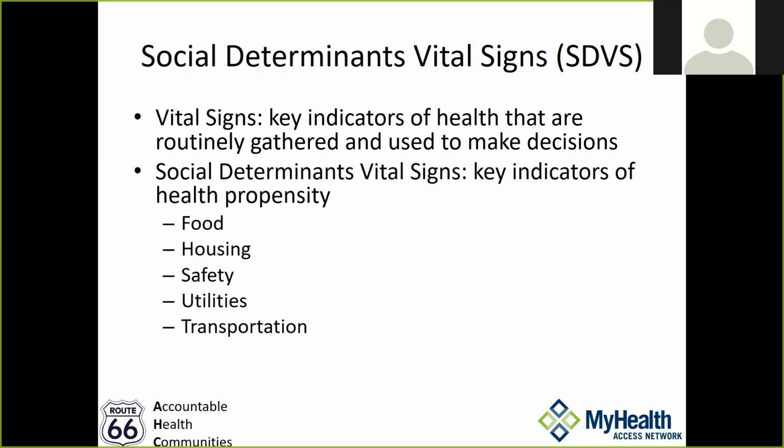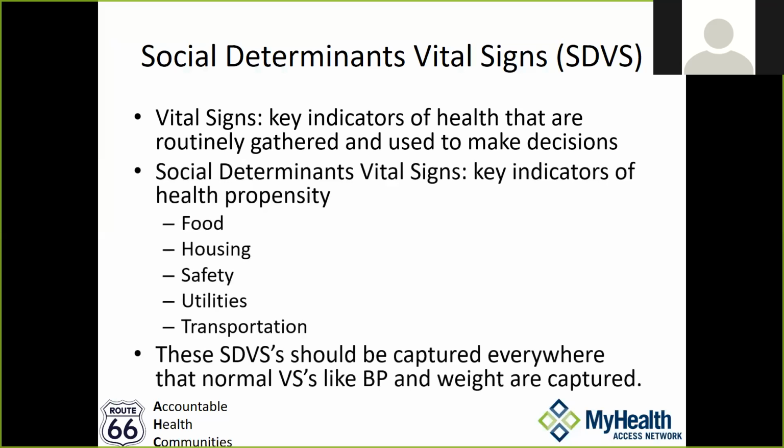And then as they gather that data, the third major component of the reason for calling them social determinants vital signs is that data can be captured almost everywhere the patient presents for care, and that data automatically flows to MyHealth. So we get the data from these patient encounters in something called a continuity of care document, and the information is sent to us. That effectively enables us to have a closed process for screening from the clinical sites to get the data captured and sent into our system centrally at MyHealth, where we can then route the appropriate patients to the navigation service.